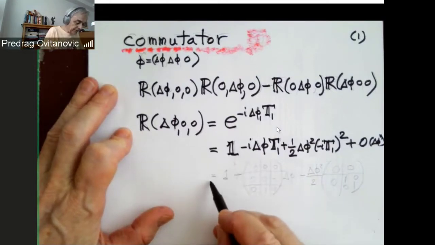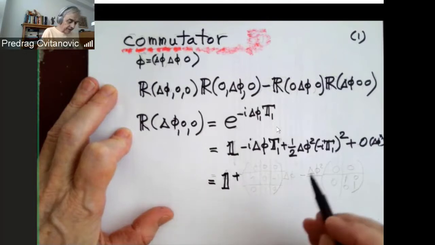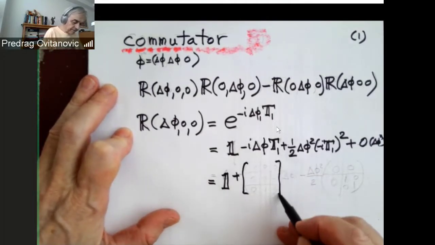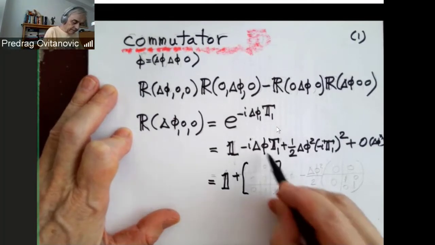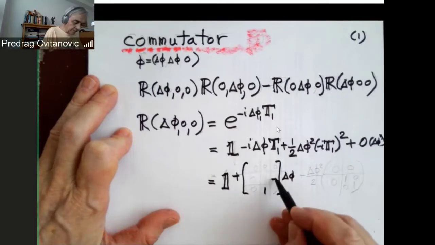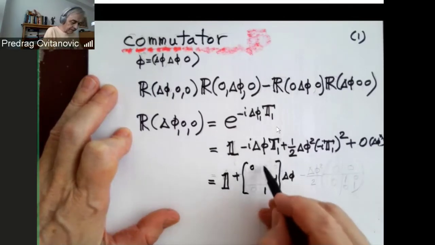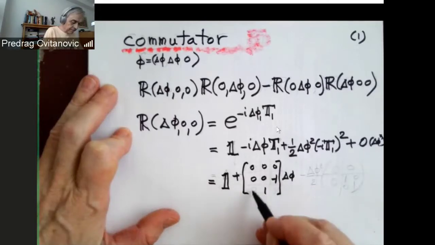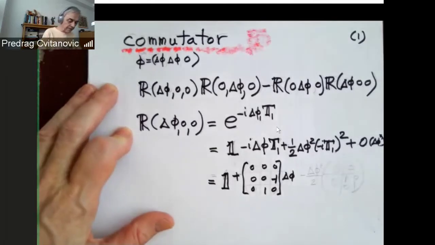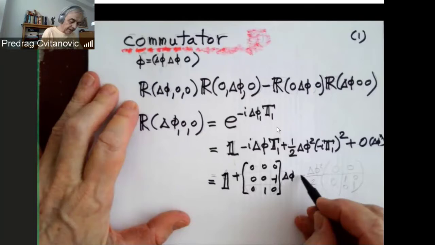Now, the first term is just the identity matrix. I don't feel like writing it. The second term is a pretty sparse matrix. It's linear in phi, and it only has 1 and minus 1 here because everybody else is just zeros. I can fill it out. But it only rotates in the YZ plane, which is this part. And then the next term